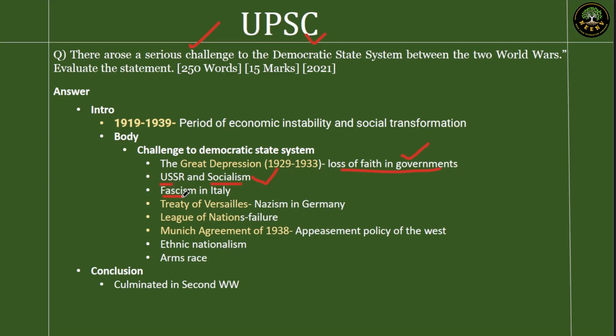Next, fascism in Italy. Again, an undemocratic idea. This is very regressive. Egalitarianism and those kind of values are not there in fascism. It's more about absolute control by the central authority. And this need arises because of the destabilization that was caused by the war.